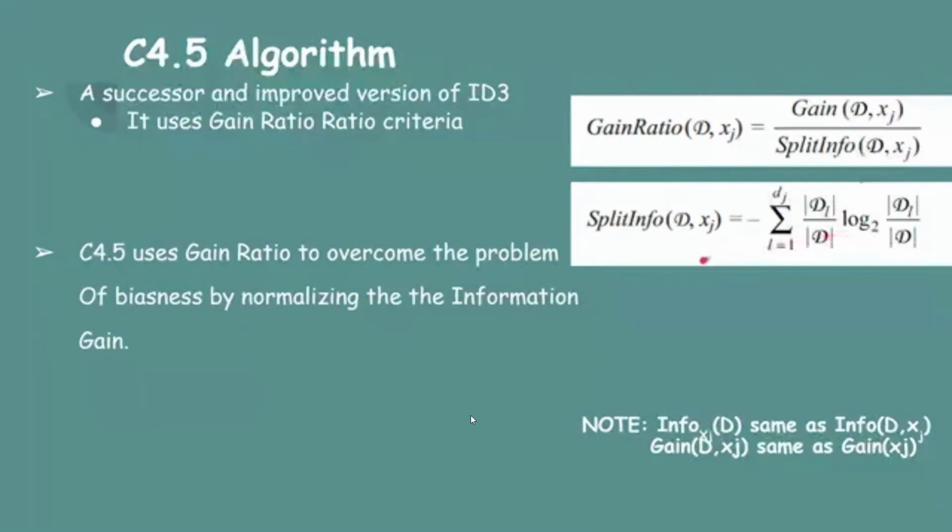So split info is defined in this fashion. C4.5 uses this gain ratio measure to normalize the gain that we have found in the ID3 algorithm